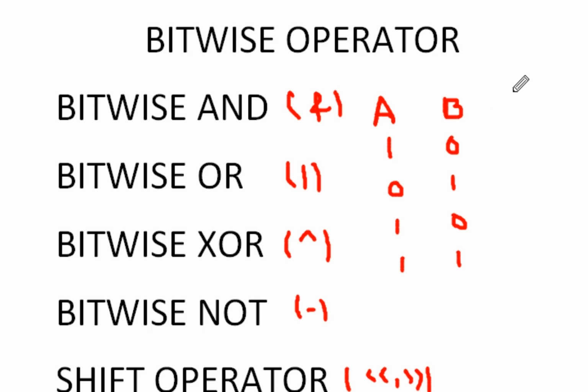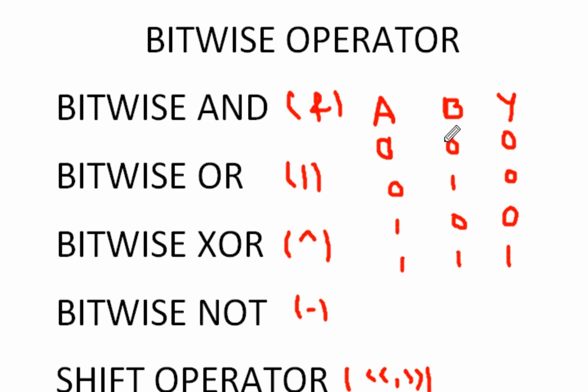And what will be the result in the AND operator? The result for the first will be 0, for the second it will be 0, for the third it will be 0, and for the last it will be 1.